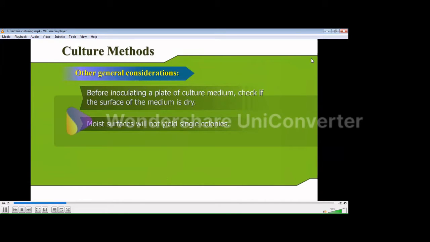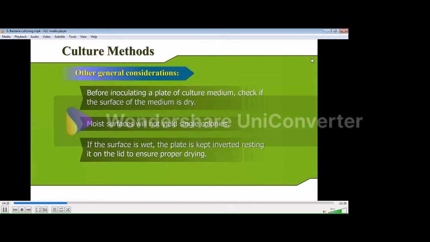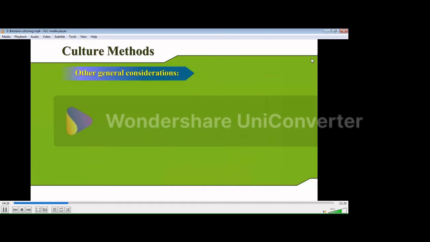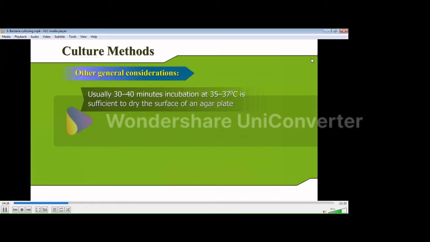Moist surfaces will not yield single colonies. If the surface is wet, the plate is kept inverted, resting it on the lid to ensure proper drying. Usually, 30 to 40 minutes incubation at 35 to 37 degrees centigrade is sufficient to dry the surface of an